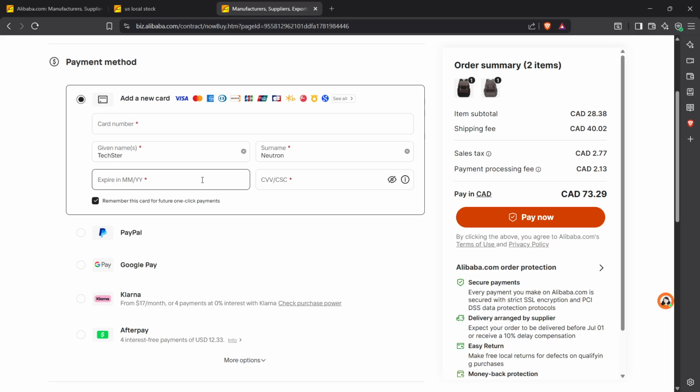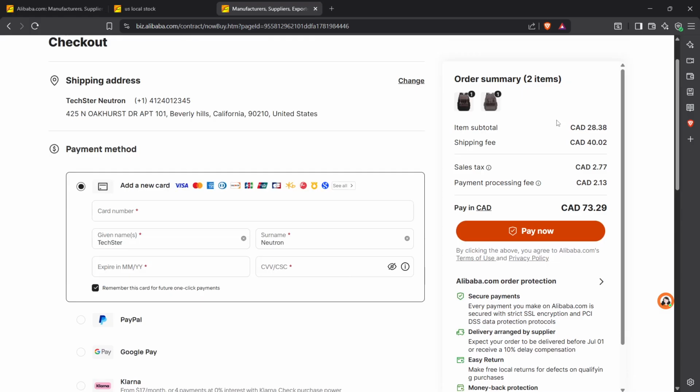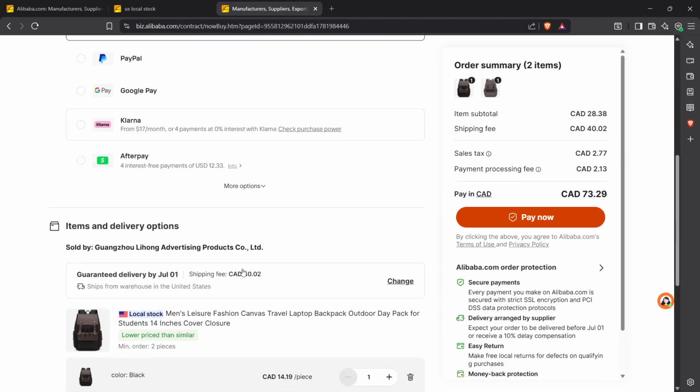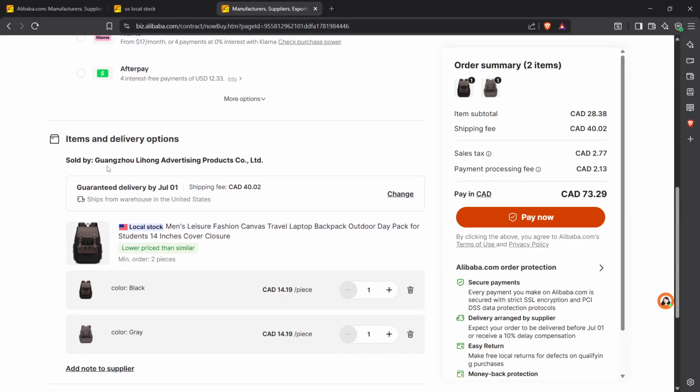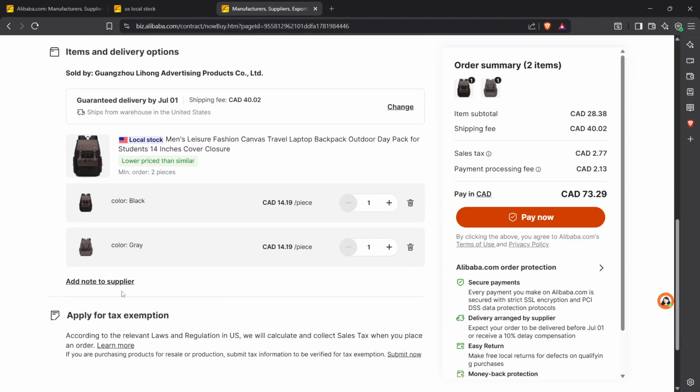Next up, review the order carefully. This is your chance to go over every detail you've entered so far. Look at the product quantity, specifications, and shipping information one more time. This step is crucial because it ensures everything is just as you want it. Catching any mistakes now can save you from complications later. Think of it as your final quality check before moving forward. It's always a good idea to review everything thoroughly.